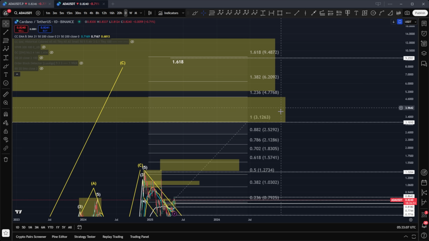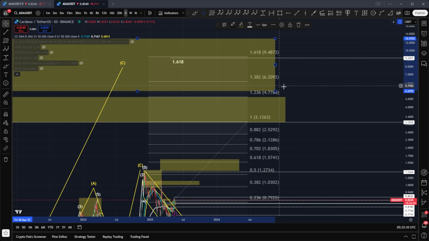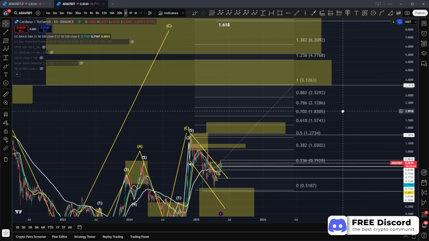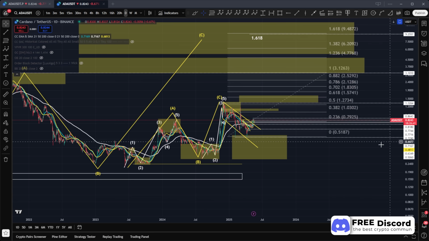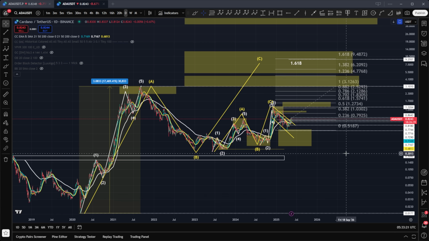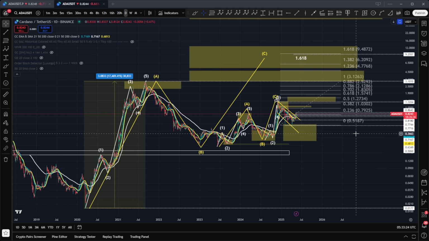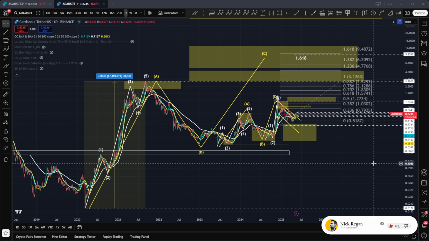So, $3.12 to $4.77 is on the conservative side. And then we have the $5.27 to $12.91 being on the more medium side. So Cardano is still looking very, very good for this bullish market. I know it's obviously an emotional roller coaster because it doesn't just happen overnight. It's not instantaneous or anything like that. But the progression is there, and we can see some pretty clean targets for new all-time highs when it comes to Cardano. It's just a case of it's going to take months to get there, and it's going to be an emotional roller coaster for retail investors who just simply are not patient enough. But if you do have patience and you can exercise patience within this space, it usually pays dividends in my humble opinion.